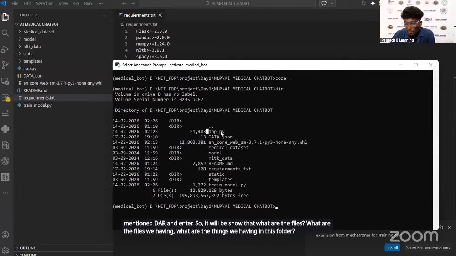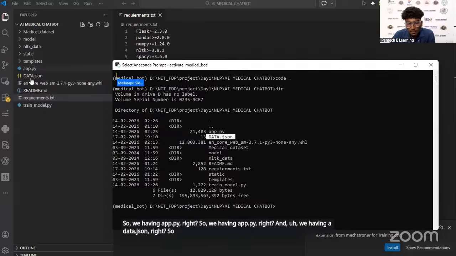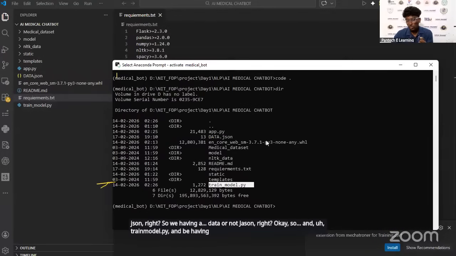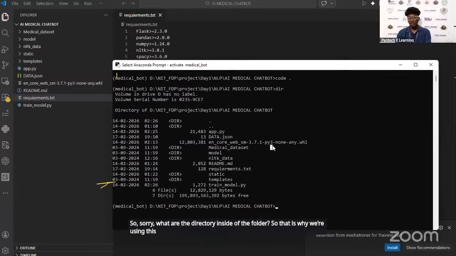We have app.py, data.json, and train_model.py. So dir just checks what is inside the folder, and that is why we use it.